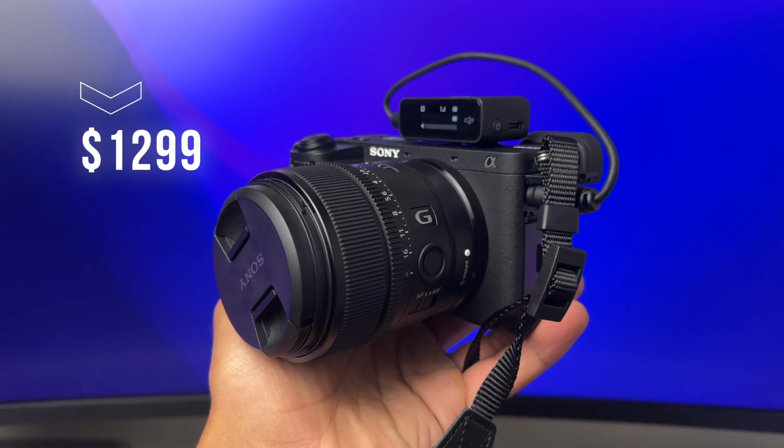Also, the camera is really good on the color science. It has the updated color science from Sony, features S-Log3, Cine S-Log3, so the version with color grading and the non-color graded version, and way more. The Sony A6700 is prepared for everything. And with all of that in mind, it starts at $1,300 or $1,400. And so it's really cheap when compared to the Sony A7 IV that costs $2,500, or even the Sony A7C,